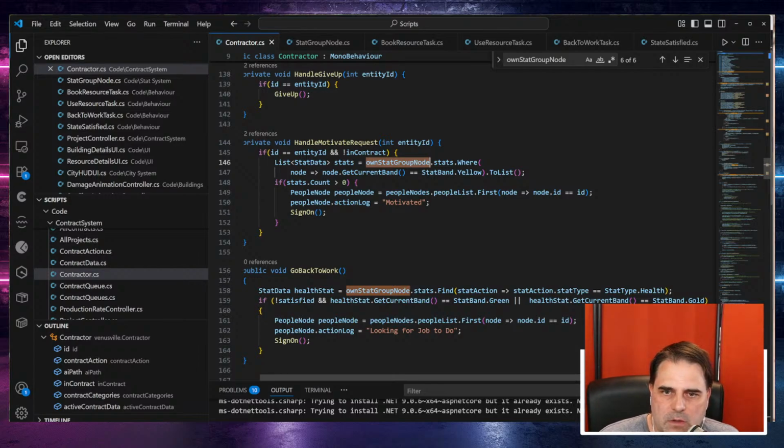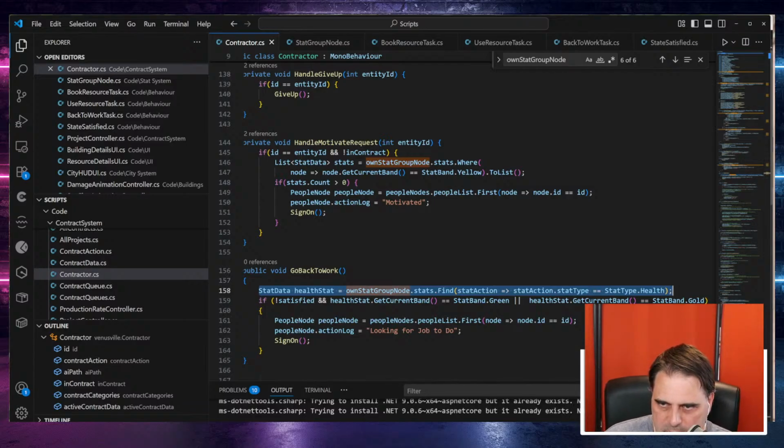But so I have to rewrite this, and instead of getting all the stats, I only need to find this instead of that. Okay, before I do that change,